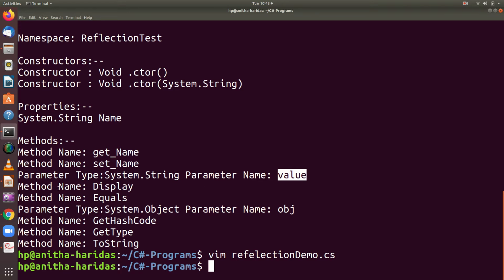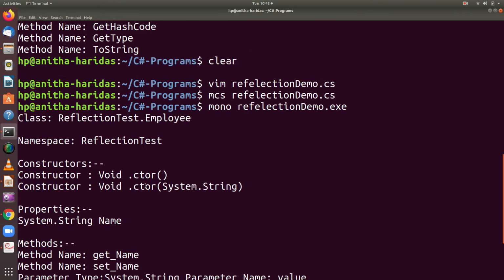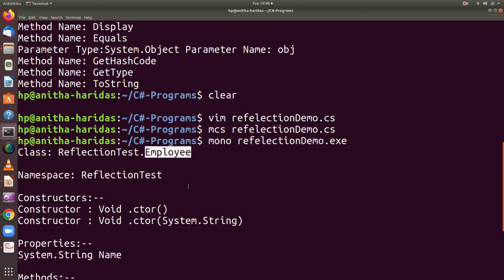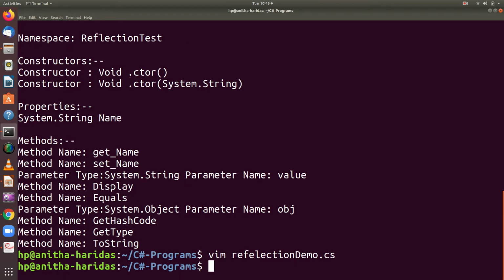Then you have another method named display. Okay, we don't have equals here. In the employee class we have one method called display, and we have another method called equals.